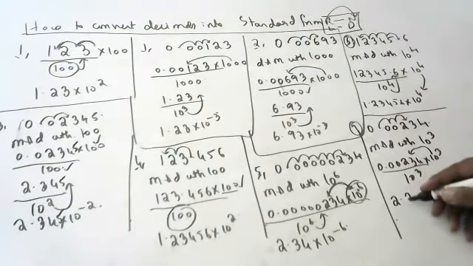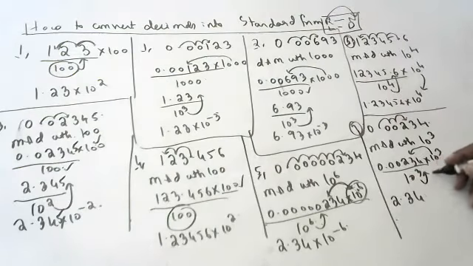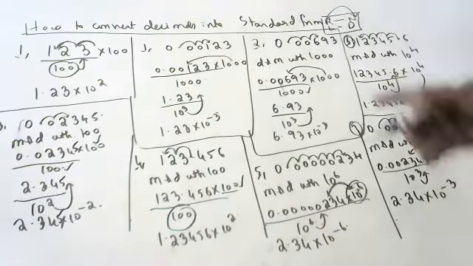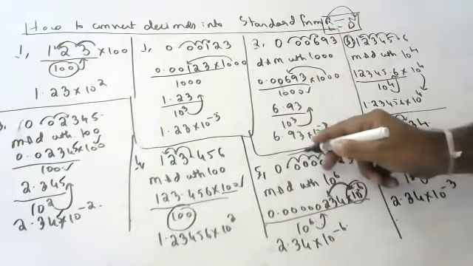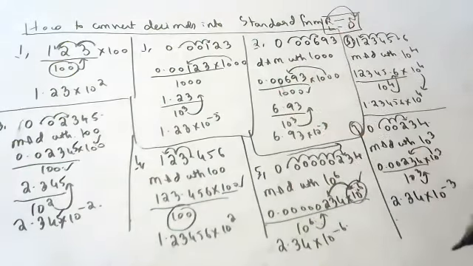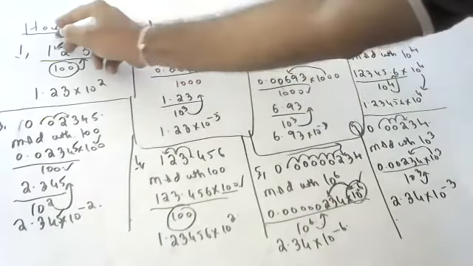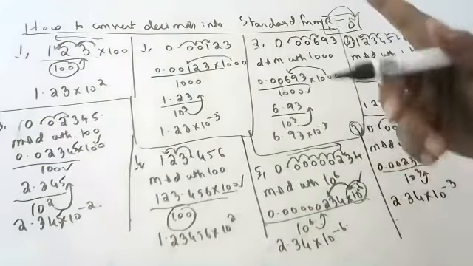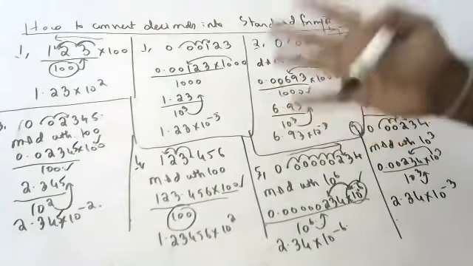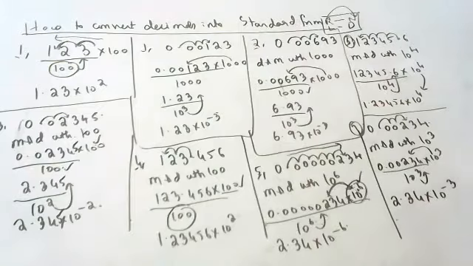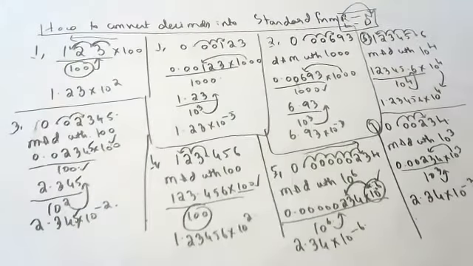So 2.34. This goes up, into 10 to the power of minus 3. Hope you people are able to understand, children. Whenever you are coming right side, use numerator for putting decimal. When you are going left side, use denominator for putting decimal. That's why yesterday's sums and today's sums are deviated. Yesterday's sums, everything I told was going left. Today I am telling you all coming right. So right or left, you should be very, very careful, children. Which one we will use for putting the decimals is very important.